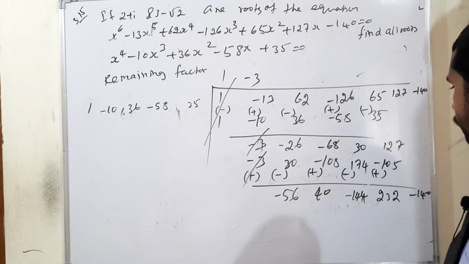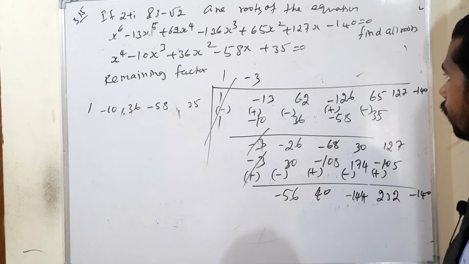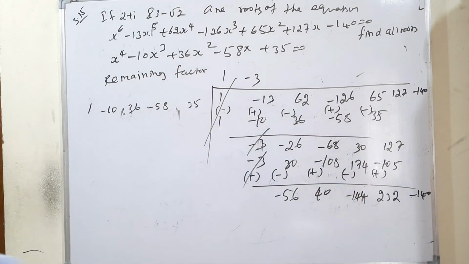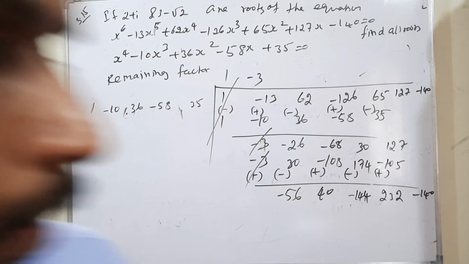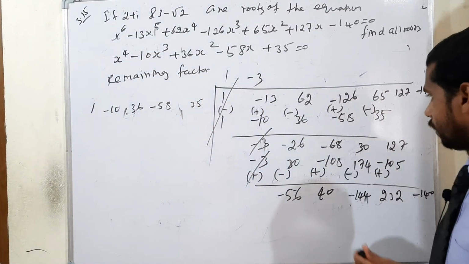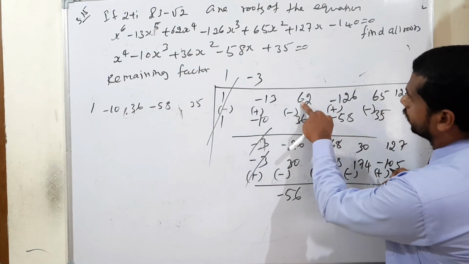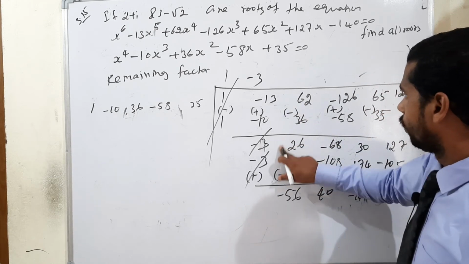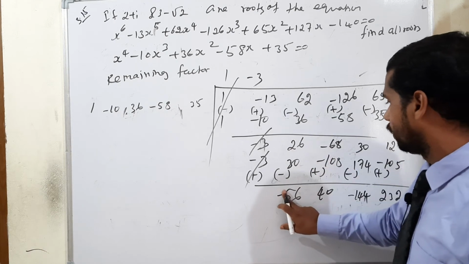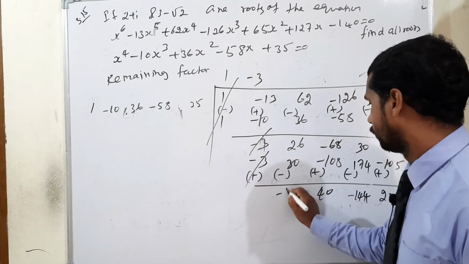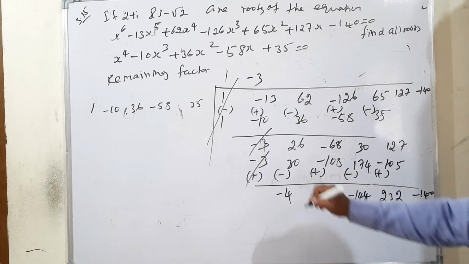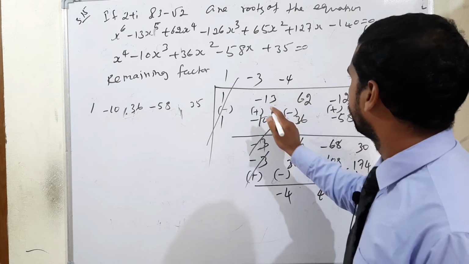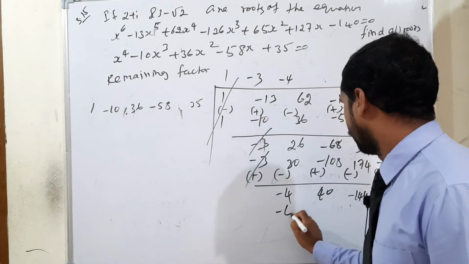So again, what number is suitable? Listen dear, I have made some mistake. Because the starting line, 60, is there, and the bigger number's sign is actually positive. Now this is positive, so 26 minus 30 means only minus 4 will come. So now everything is correct. Minus 4 will come. Now you can check it. If you take negative 4, look at there: 1 into negative 4 means negative 4.